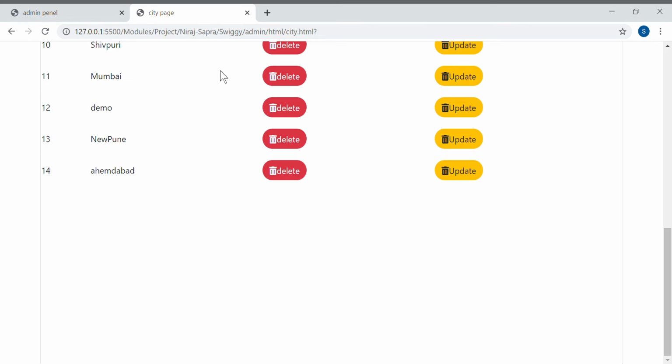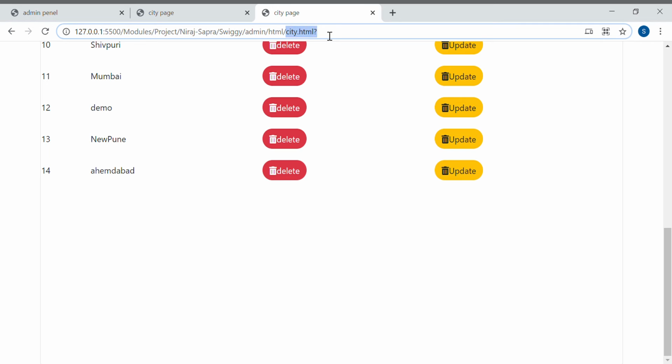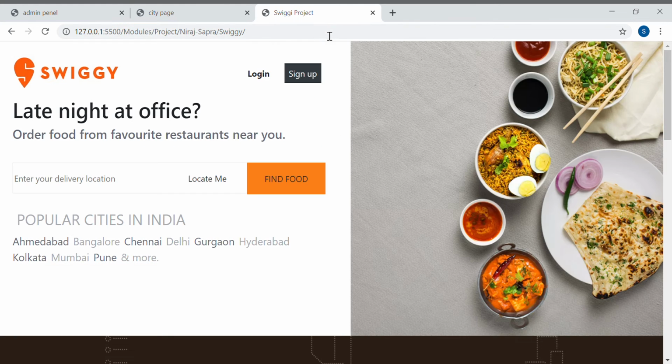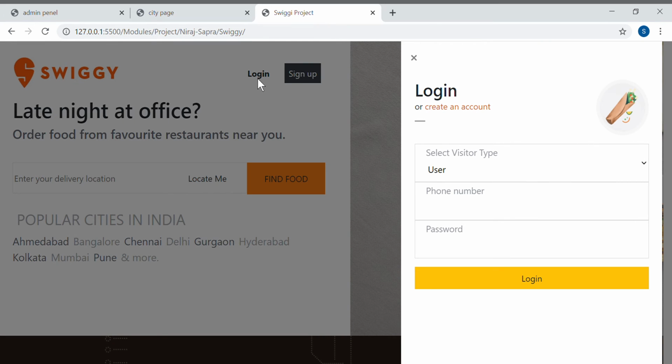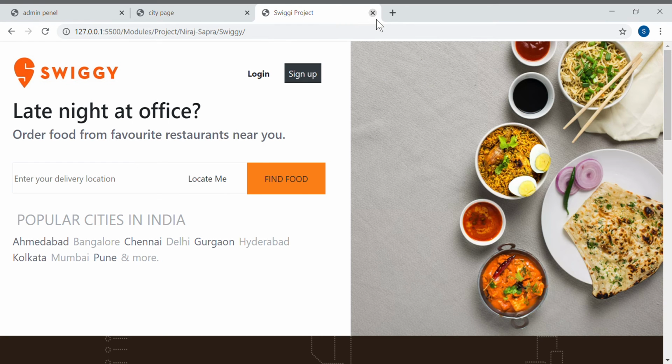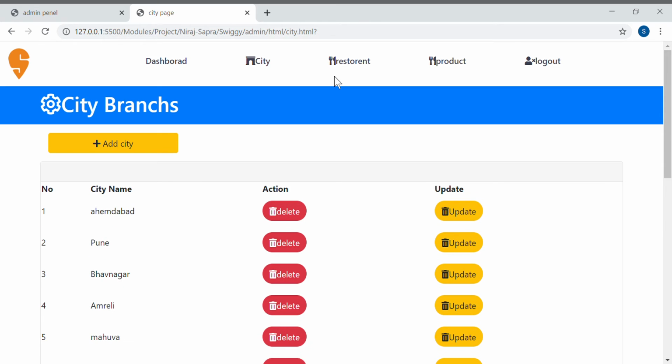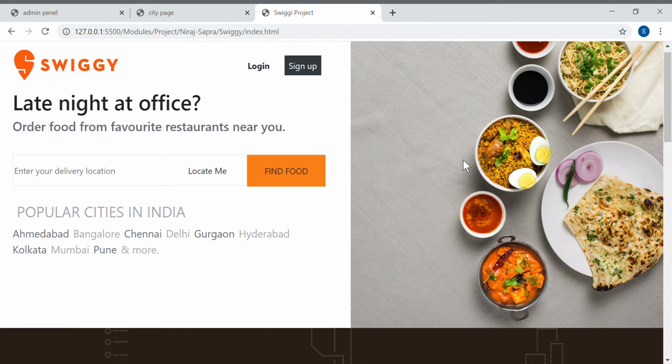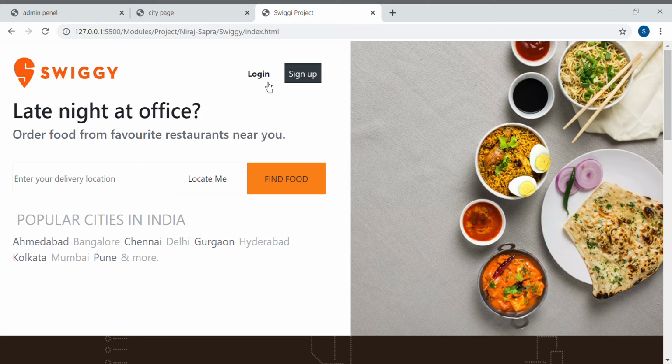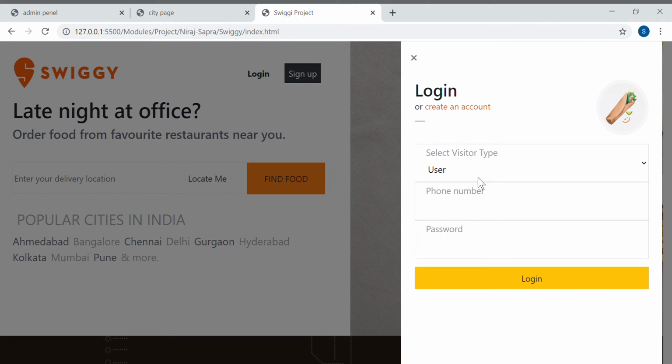And I hope we can create a duplicate page, and we can go to the user panel also. So we can go to the main page, and here we can give the functionality, also duplicating and creating one page. Here we have the logout functionality. So on the admin module, the admin logs out, right? And here we can log in as a user.